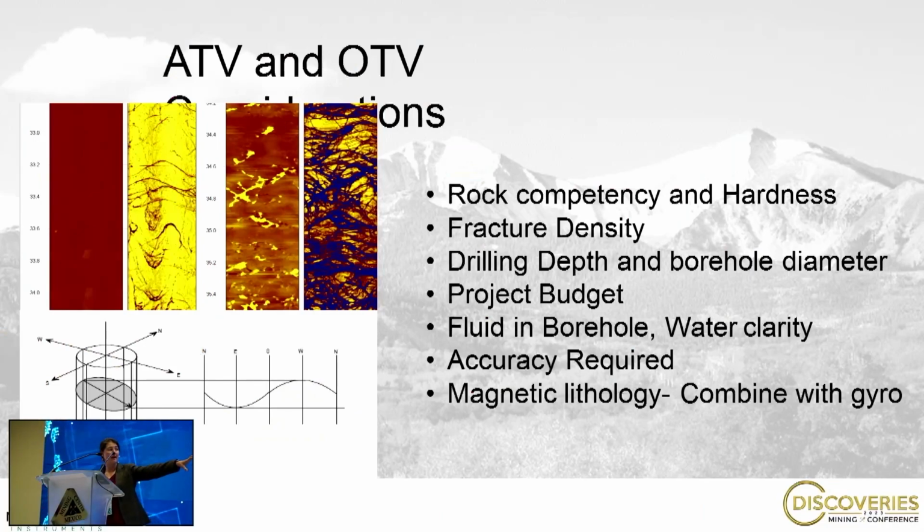When we're talking about fracture orientation, we're looking at it in 2D. So we're looking at sinusoids, right? An unwrapped planar feature. If we unwrap a 3D planar feature, it looks like a sinusoid. Sorry, the formatting for this slide didn't work out very well. But on the left, you can see that fracture density is very clearly apparent. Less fracture density on the left, more fracture density on the right.